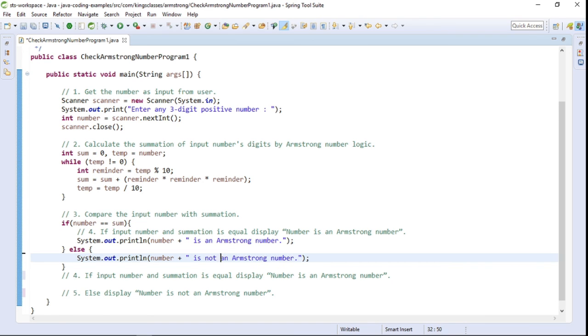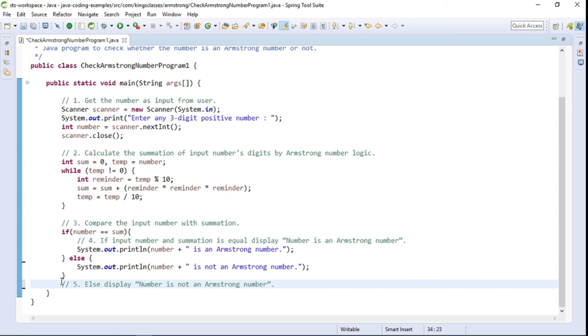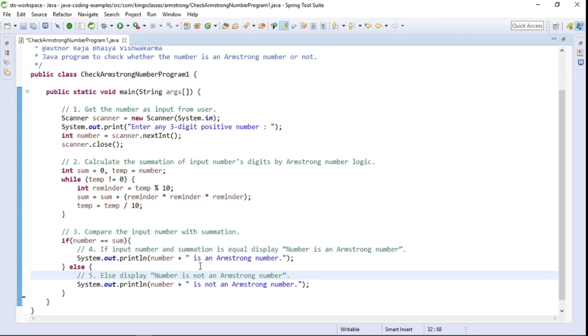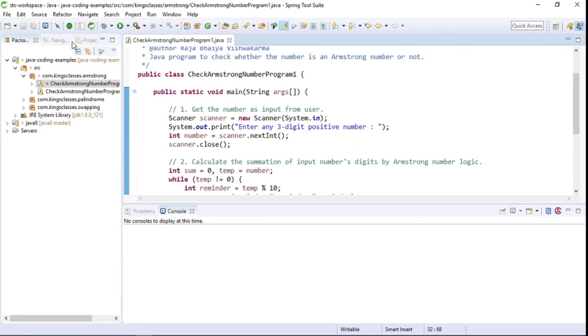Let me remove this and I will copy this step here. Basically this is the program to calculate whether the given number is an Armstrong number or not. Now we will check this program.